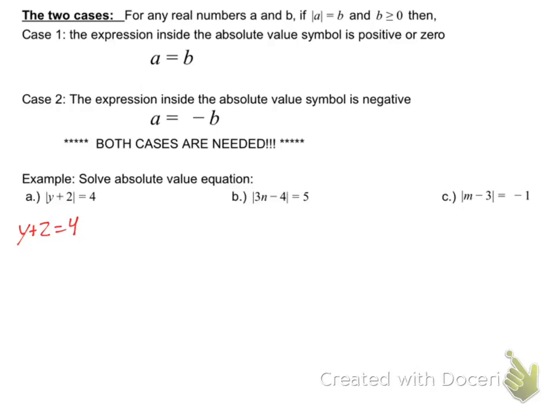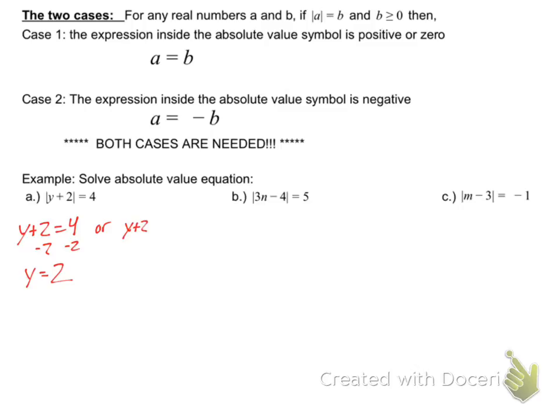So, in other words, just drop the absolute value and solve. That has to be true. So, case number 1, you just take the absolute values, pull them away, and solve it. Subtract 2, y is equal to 2. Is 2 plus 2, take the absolute value, 4. 2 plus 2 is 4. Absolute value of 4 is 4. It works. Then you have to say, or